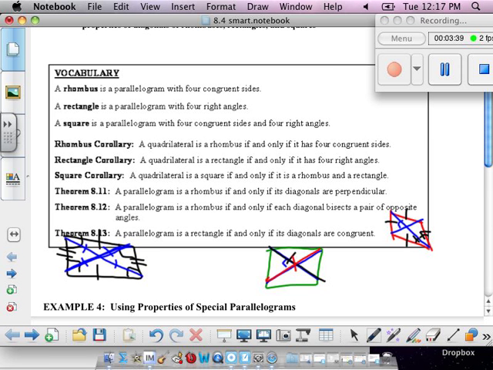I am going to give my first word to put on the vocabulary word wall, rhombus, to Eric. I'm going to put my next word, rectangle,